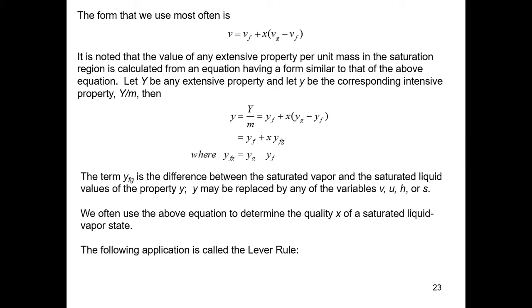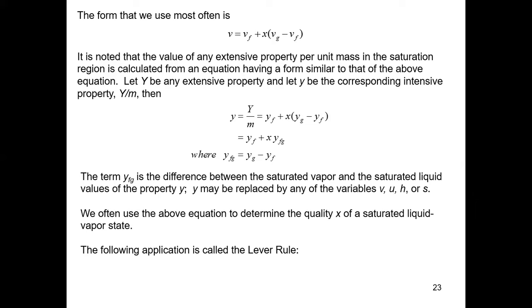So what is Yfg? Yfg is defined as the quantity inside the parenthesis, which is Yg minus Yf. The term Yfg is the difference between the saturated vapor and the saturated liquid values of the property Y. Small y may be replaced by any of the values v, u, and s. That means, for example, you can write